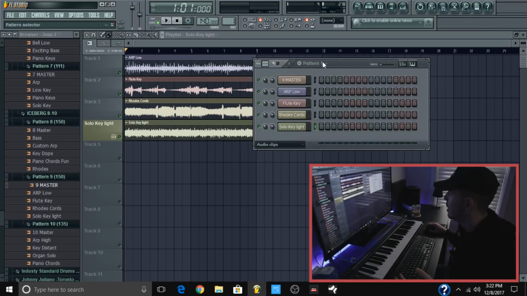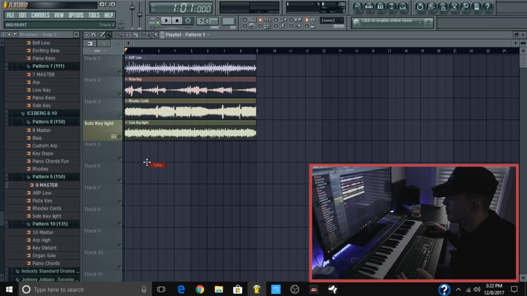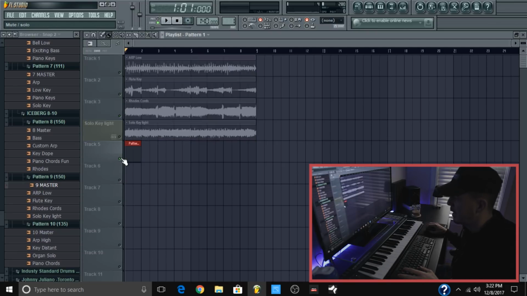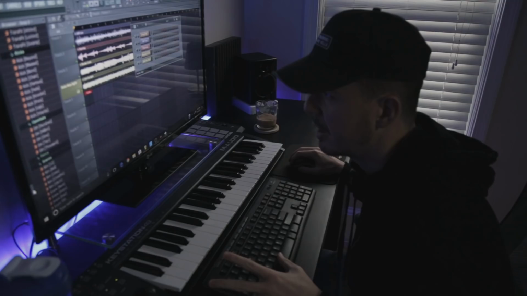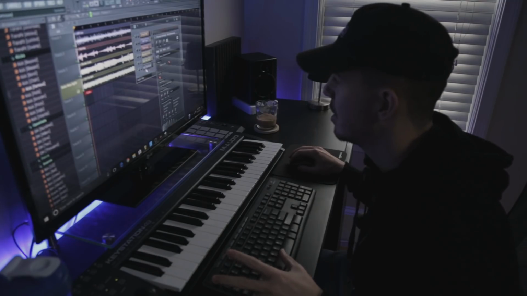And so what I'm going to do now is come up with pattern 1 and, I don't know, mess around with it. I don't think it needs any melodies right now. I think what it needs is just a nice hard kick and a